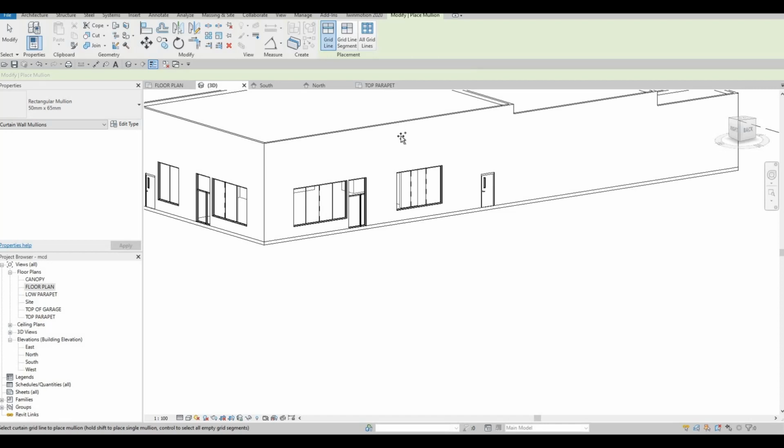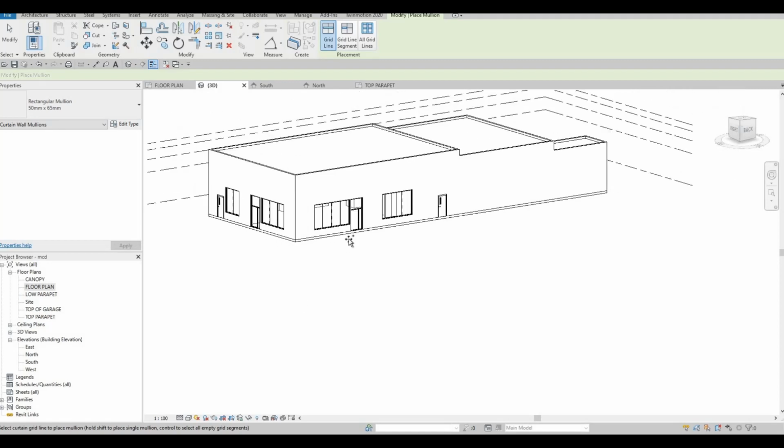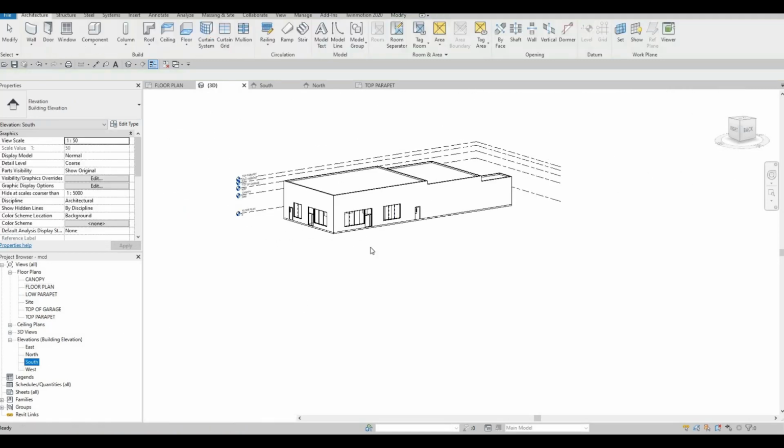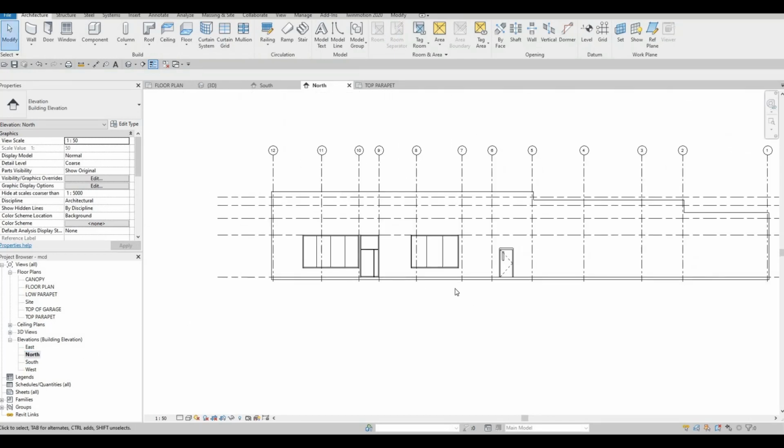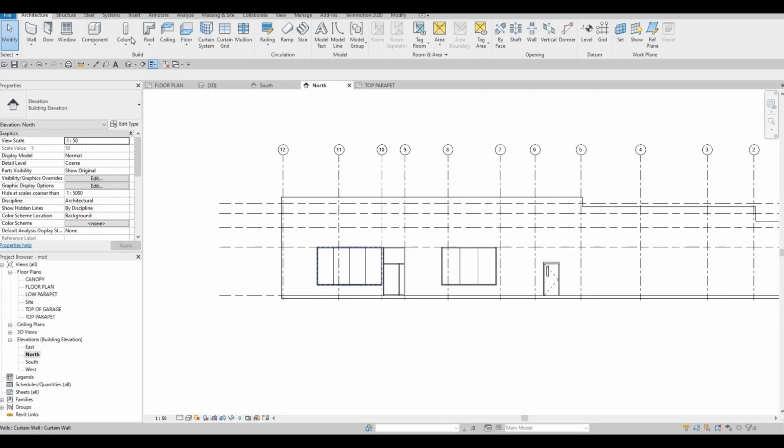And then we're gonna do some split element or split faces so that we could add in different kinds of materials right here. So now what we could do is, this is, I believe, south. No, this is north elevation. We're gonna do the north elevation first,